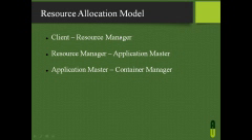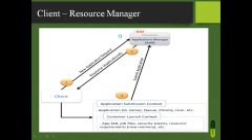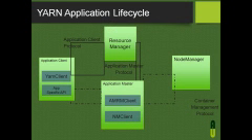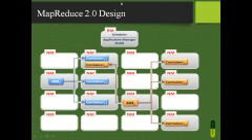In the last slide we looked at the application client and resource manager interacting. The client connects to the resource manager using the application client protocol. When it connects with the resource manager, there is a scheduler and an application manager. Whatever task the client gives to the resource manager, the resource manager performs with the scheduler and application manager.